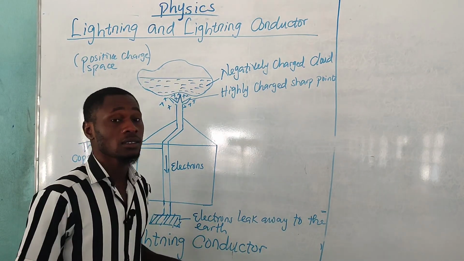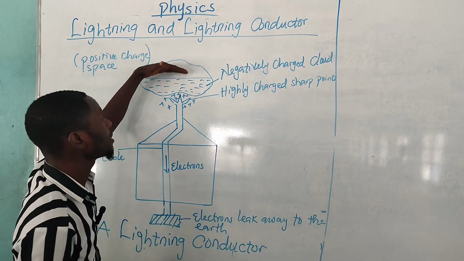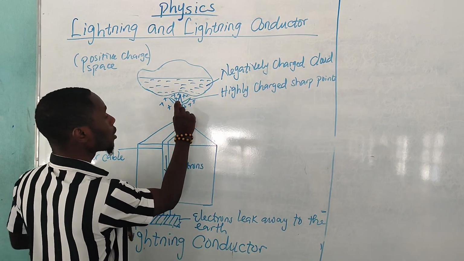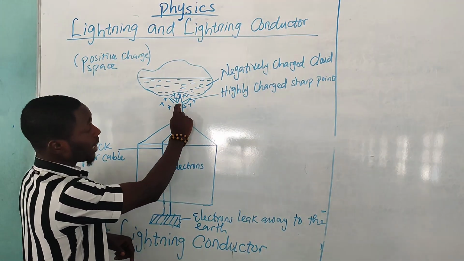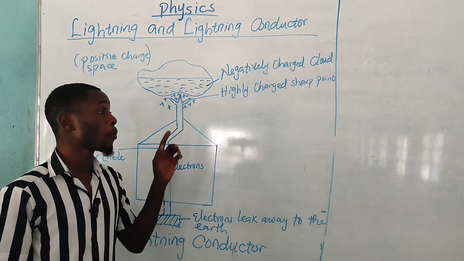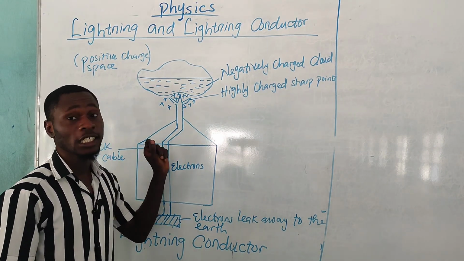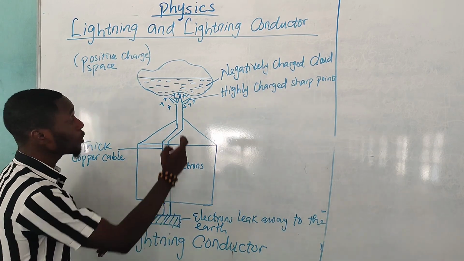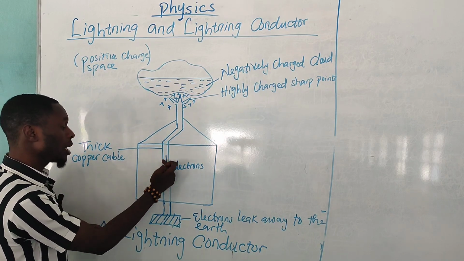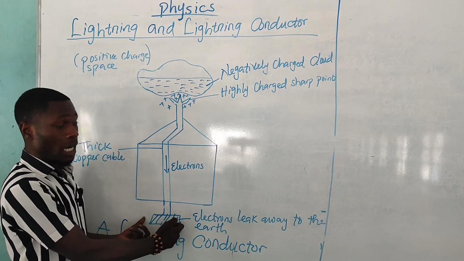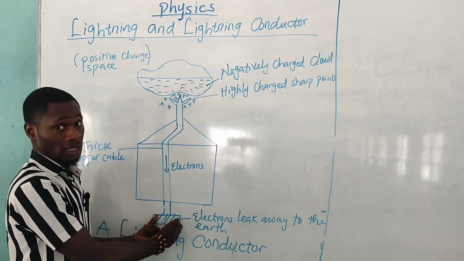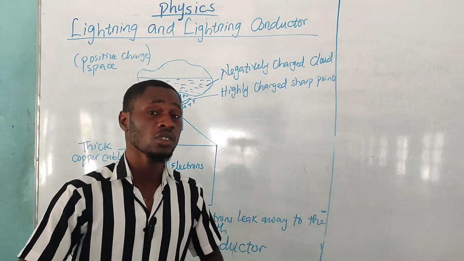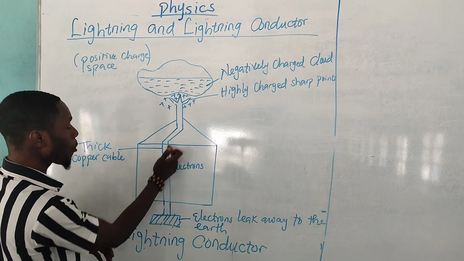However, if some electrons from the negative charge cloud were not discharged by this positive charge space, and they were still able to strike the sharp pointed end of the lightning conductor, those electrons will be conducted harmlessly through the copper cable down to the copper plate that is buried near the building, without actually destroying the building. So those electrons will move or flow from that point down to the